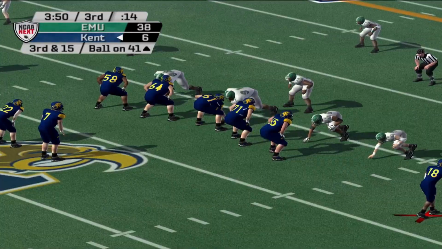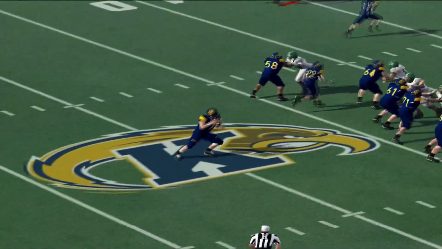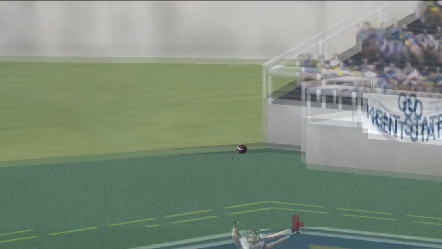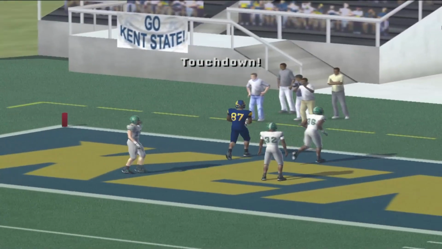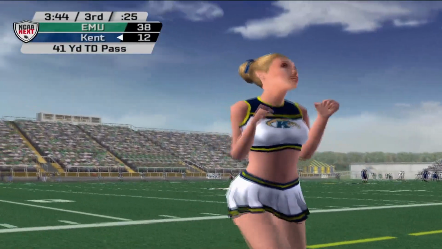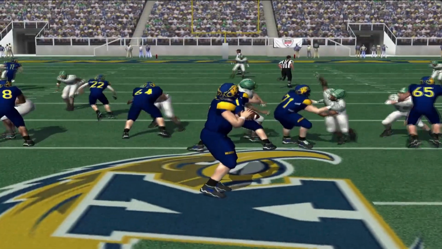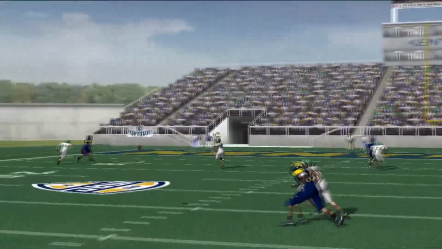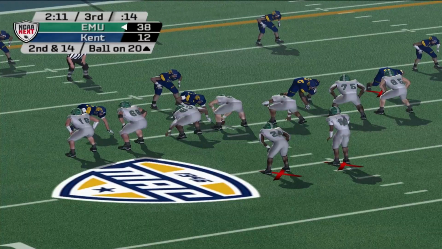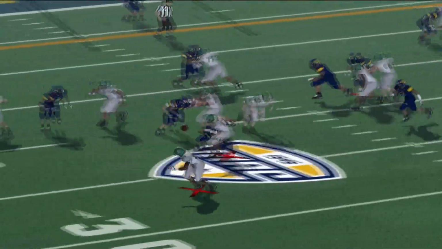And it looks like that's going to be in some serious danger, as Williams trying to lead his guys downfield, trying to storm some kind of comeback. And this will certainly help, as Tyler Williams gets a huge touchdown throw downfield. That's his 11th touchdown pass of the season. Now, Kent State does, of course, also happen to miss that extra point. So 38-12 game, but they really need to get some stops on defense here if they want to have a